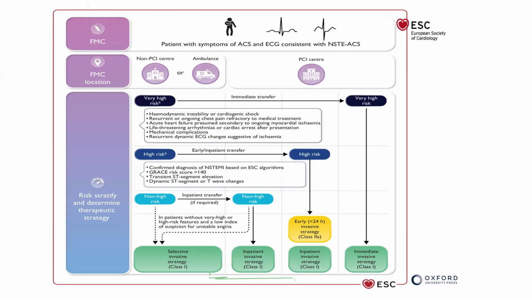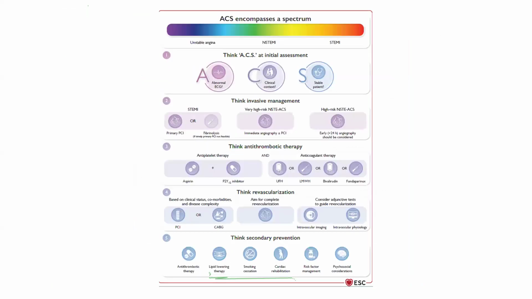So for very high risk non-STEMI, or non-ST elevation acute coronary syndrome, you treat them like STEMI. You want to get them immediately revascularized. If it's high risk, then you have to get the coronary angiogram with possible PCI within 24 hours. If they are not high risk, low risk, then the recommendation, as we'll get to know, based on the risk stratification, is to do the angiogram, at least the diagnostic, before the patient is discharged from the facility. That is if your facility can do that and patients can afford.